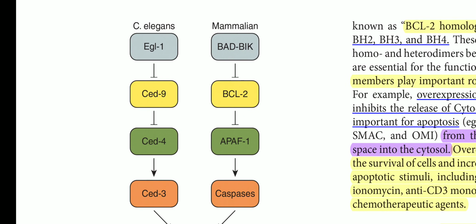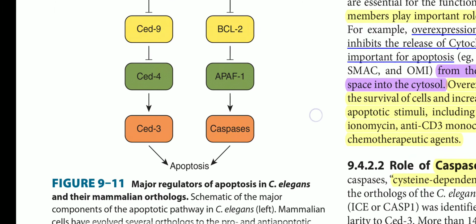In C. elegans, EGL-1, which is a pro-apoptotic protein, keeps inhibiting the CED-9 protein, and CED-9's function is to inhibit the CED-4 protein. CED-4 causes activation of CED-3,